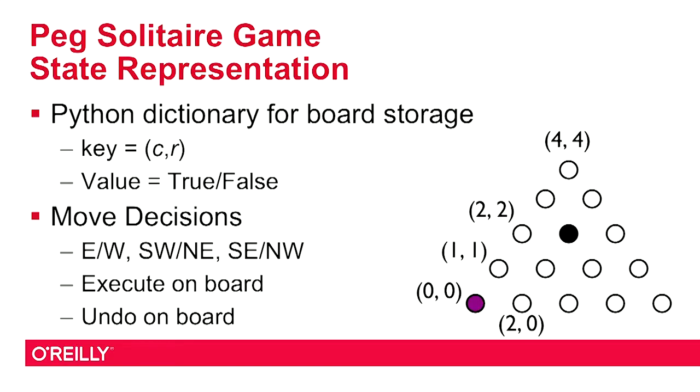So let's talk about state representation. In the pegboard, there are 15 holes set up in this arrangement. I have to be able to find some way to record which holes contain pegs and which ones don't. So I'm going to use a Python dictionary for this purpose. And as you may know, a dictionary in Python is an associative lookup table that lets you associate a value with a particular key. In this case, I need to have some way of uniquely identifying each of those 15